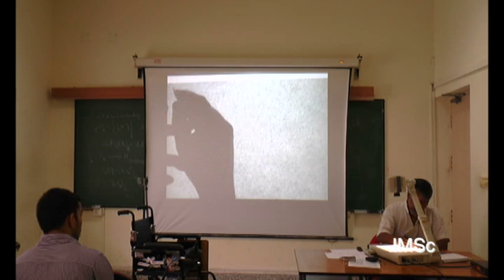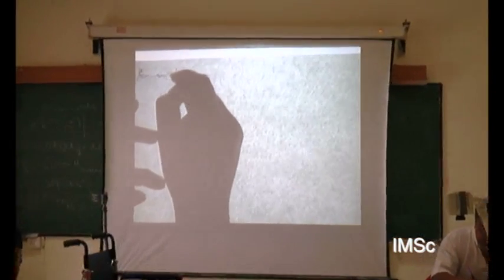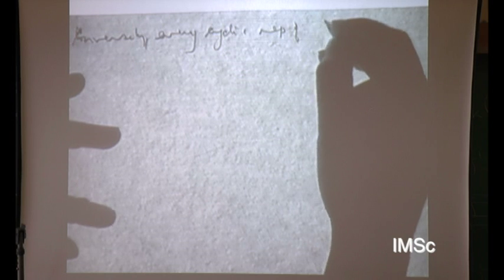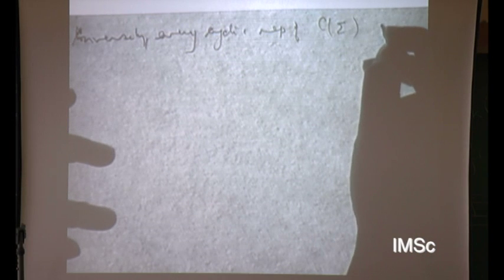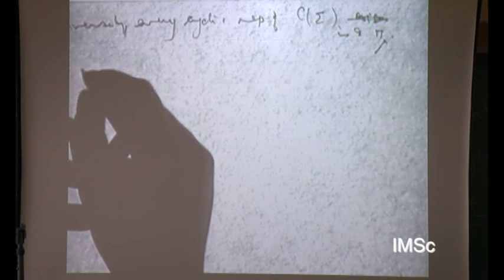So conversely, I want to say every cyclic representation of C(sigma) arises as a pi mu. That is, there exists some measure mu, so that it can be recognized, identified as pi mu. Now, why is this true? Because, proof: